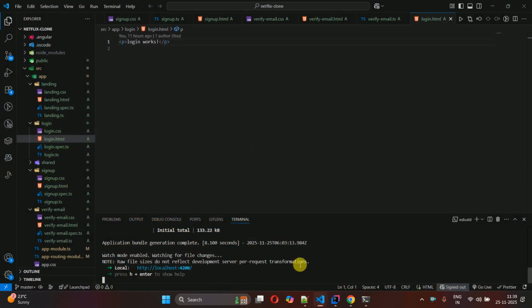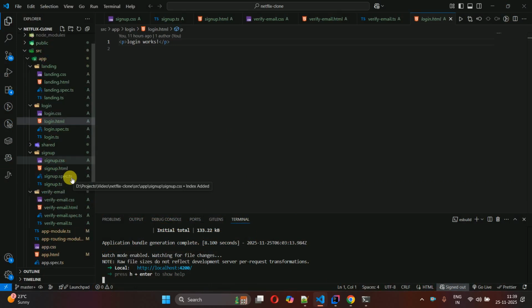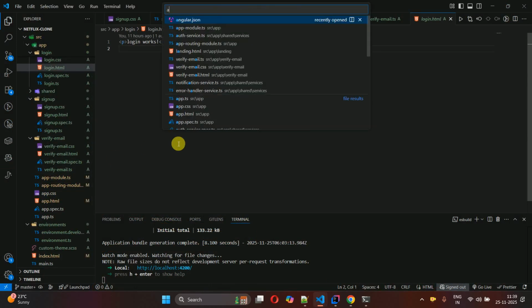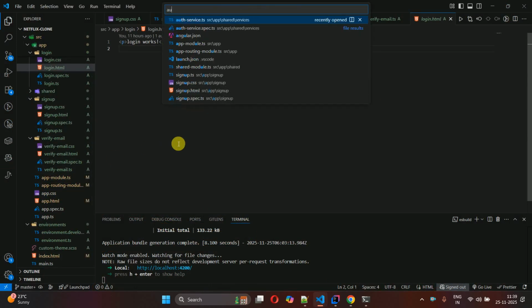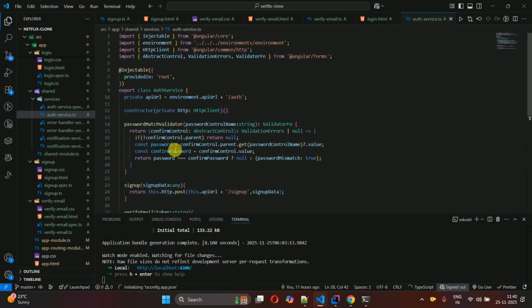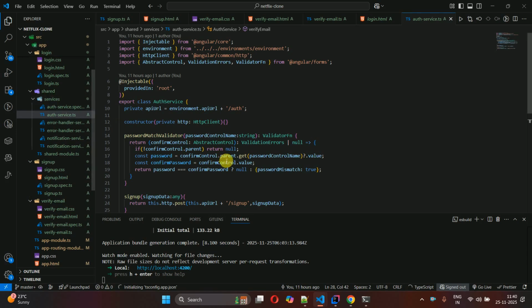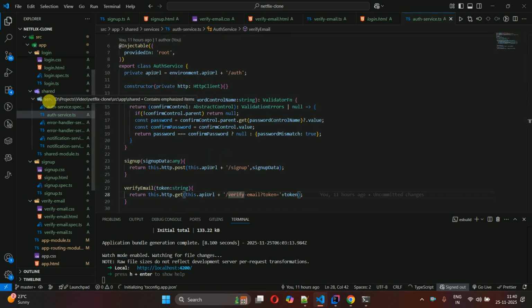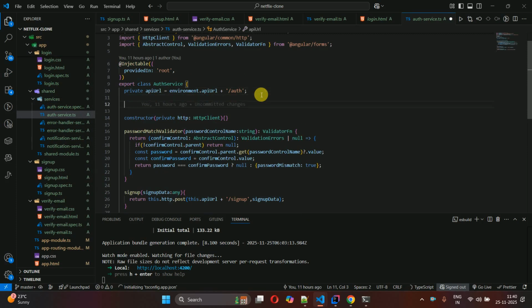Let's go to the code and here we have to first go to the auth service. So just search auth service, and inside this one, we have already created this file. You can see in the shared folder we have services, and inside this we have the auth service. We have already written a few lines of code in this one, and here first I'm going to create a few